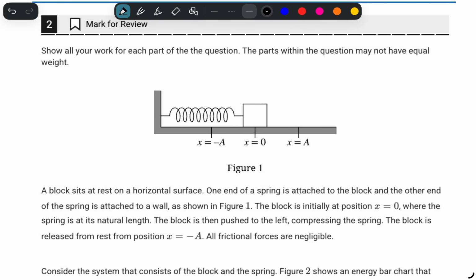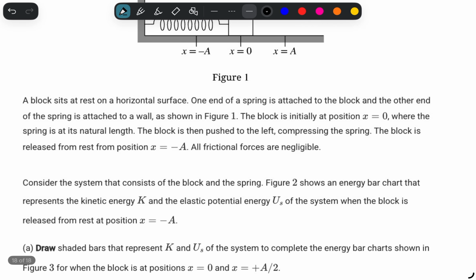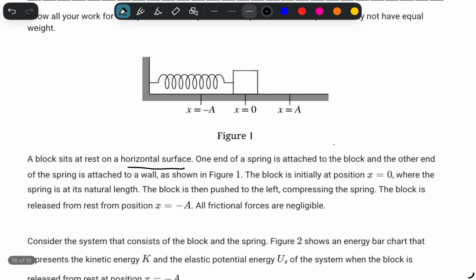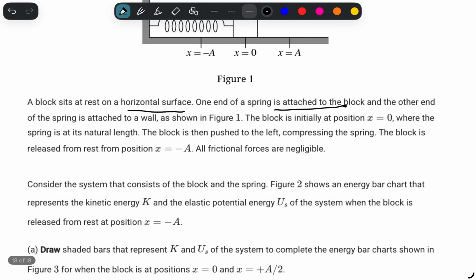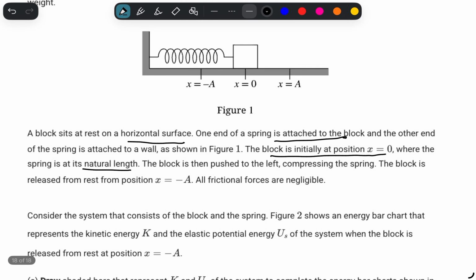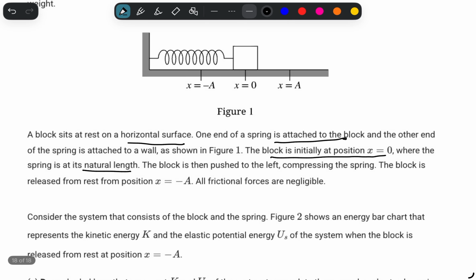In this video, we're going to do an AP Physics 1 FRQ QQT type. So we have a block that sits at rest on a horizontal surface. At one end, it's attached to a spring and to the wall, and the block is initially at a position x equal to 0, where it's at its natural length. The block is then pushed to the left, compressing the spring, and